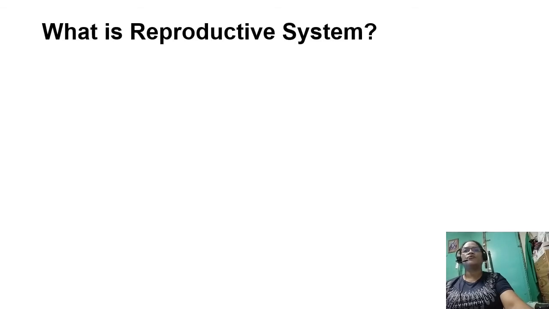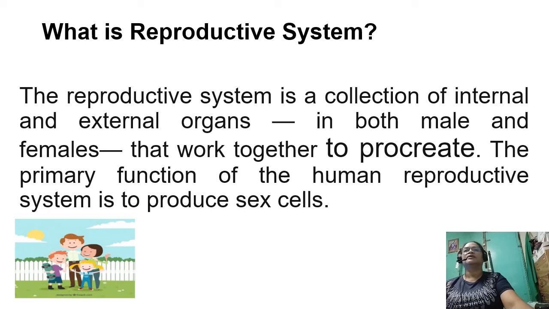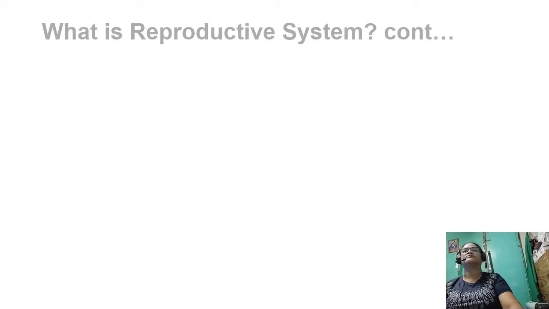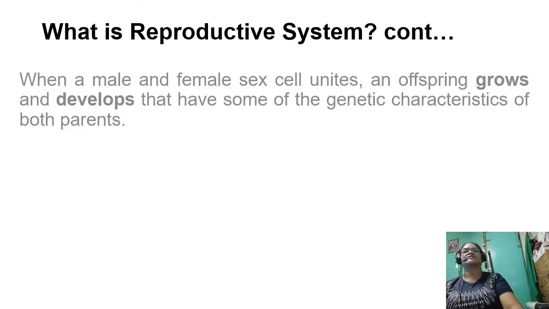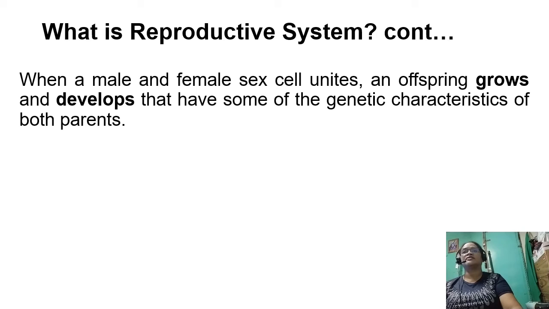What is reproductive system? The reproductive system is a collection of internal and external organs in both male and females that work together to procreate. The primary function of the human reproductive system is to produce sex cells. When a male and female sex cell unites, an offspring grows and develops that has some of the genetic characteristics of